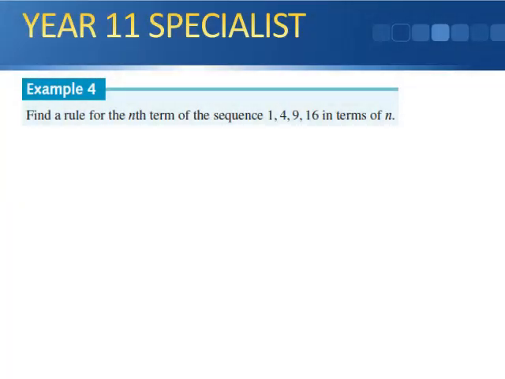Example number 4. Find a rule for the nth term of the sequence 1, 4, 9, 16 in terms of n. So let's see what is happening here. This is term number 1, then term number 2, term number 3, and term number 4. So if we link these numbers 1, 2, 3, and 4 to this, 1, 4, 9, and 16,